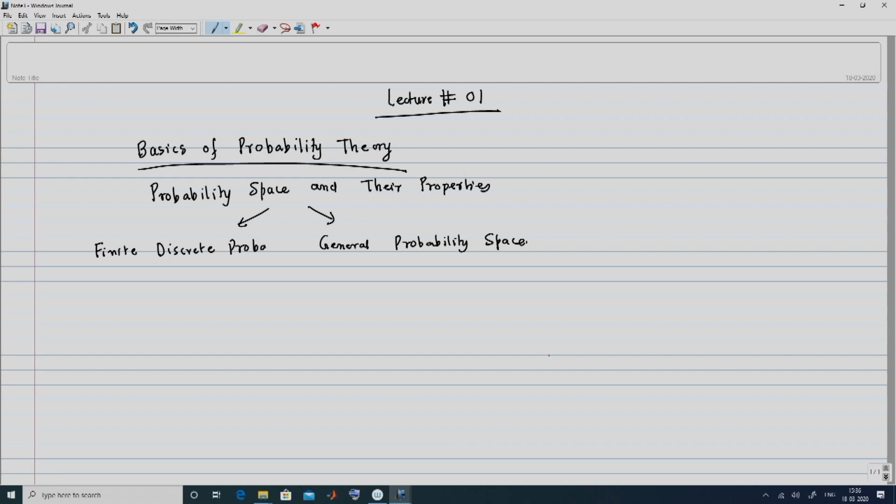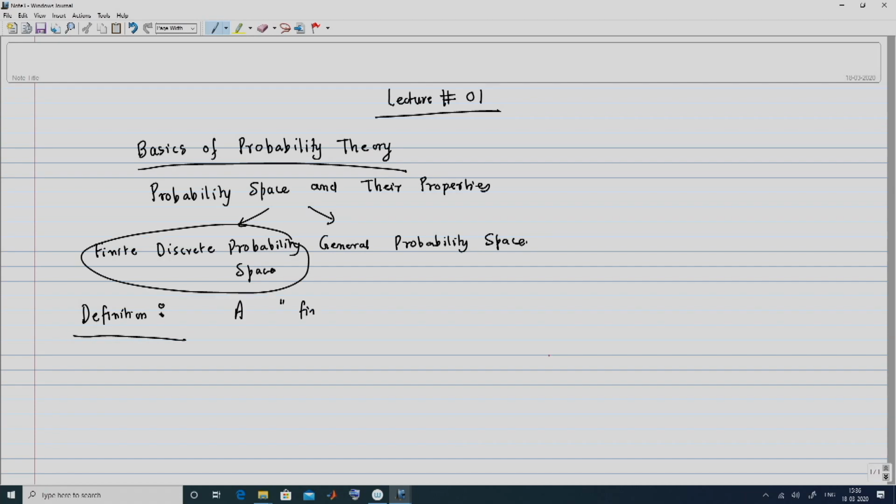So, finite discrete probability space. We start off with a definition of what is a finite probability space. A finite probability space is defined as a pair (omega, P),